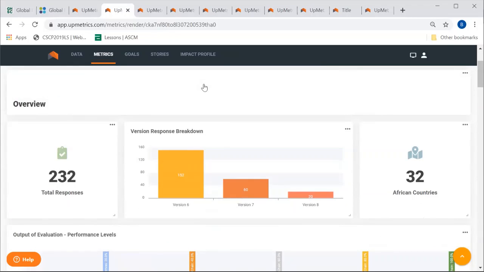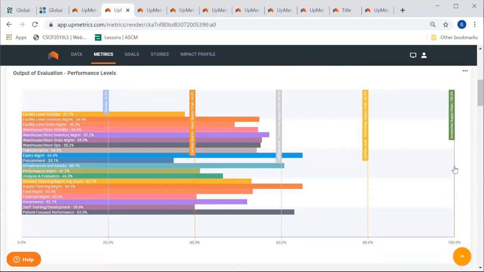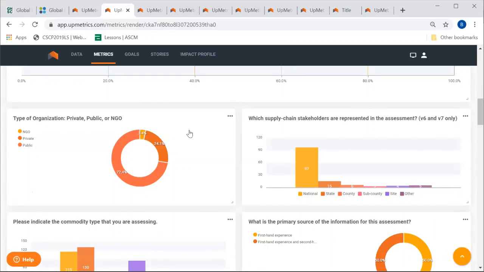Here, we have about 232 responses from 32 African countries. It also gives an aggregate of all the performances for each of the categories. Besides that, you can also see which organizations have been doing the assessment most. You can see that 72.4% is for public organizations, there are private organizations, and just 3.4% are NGOs.